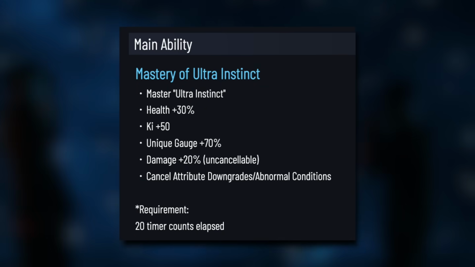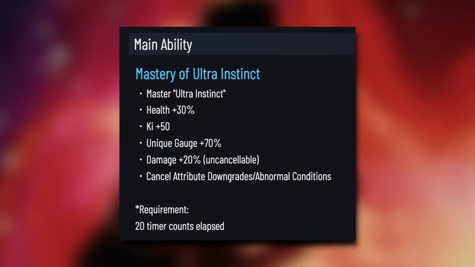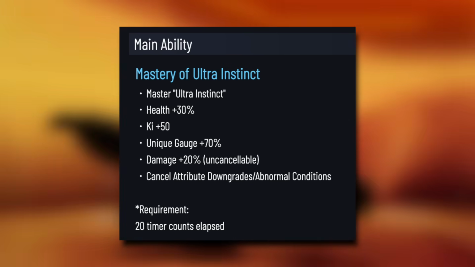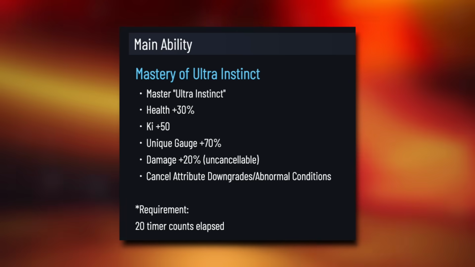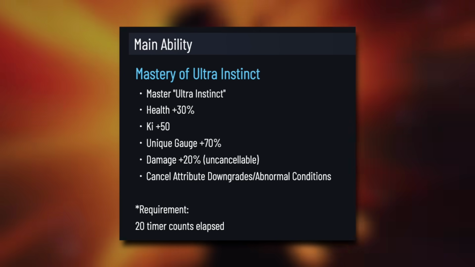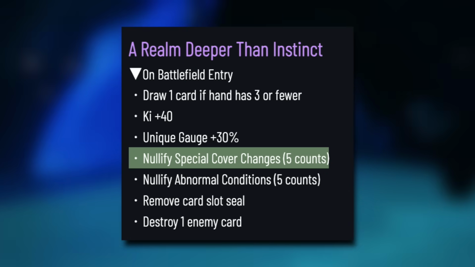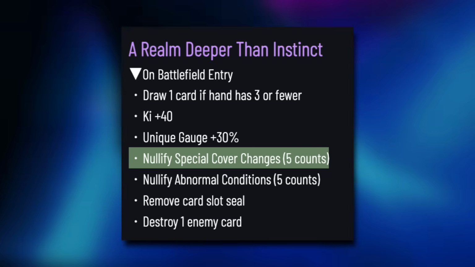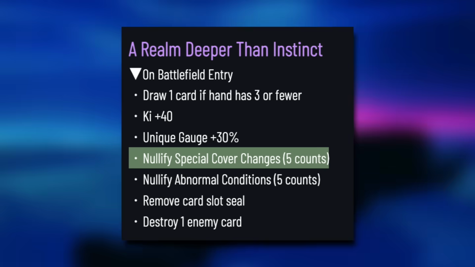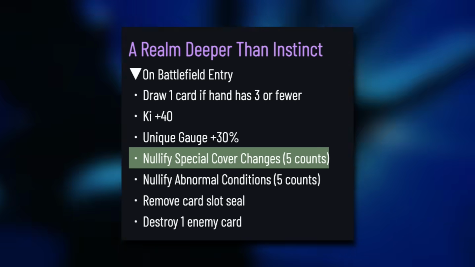So his main ability, he's able to transform into Mastered Ultra Instinct Goku. The main things you want to know is that he gets extra damage, healing and ki is normal, but 70% to his unique gauge is very valuable because his unique gauge is the dodge type. So just off transforming, he can just dodge a lot more, which is very useful. He's able to get cover null on entry, meaning that enemies cannot cover change and stop his combo unless his buffs are cancelled. He also gets ki and a card, which makes it very easy to switch into him and